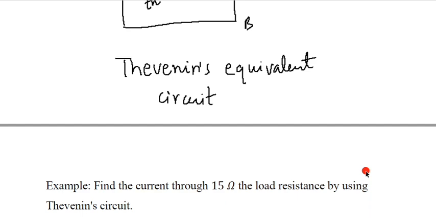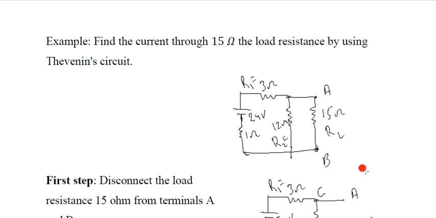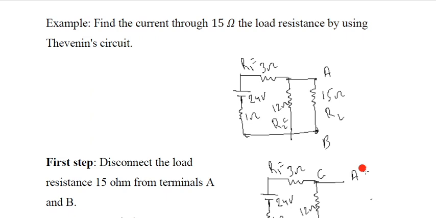Okay, now let us take an example through which we can understand how it works. We have a given electrical circuit. It may not be clear to you, but you can see what values are given here. If you look carefully, you can see that there is one voltage source, and that is